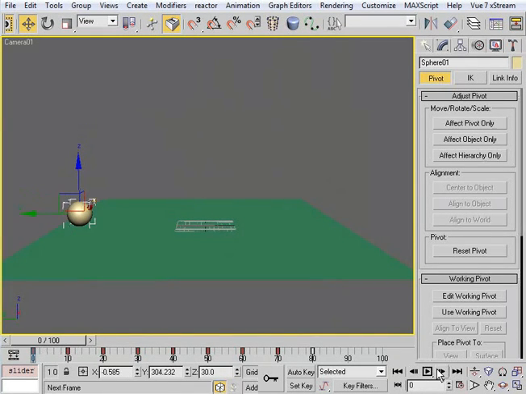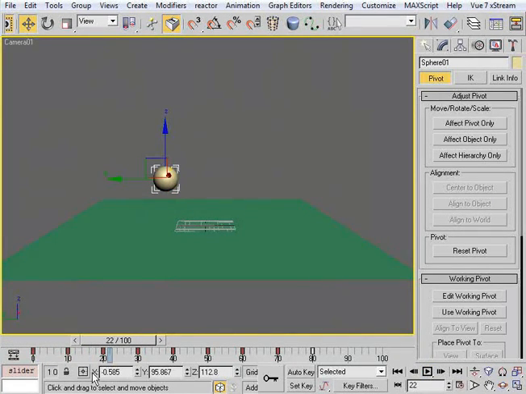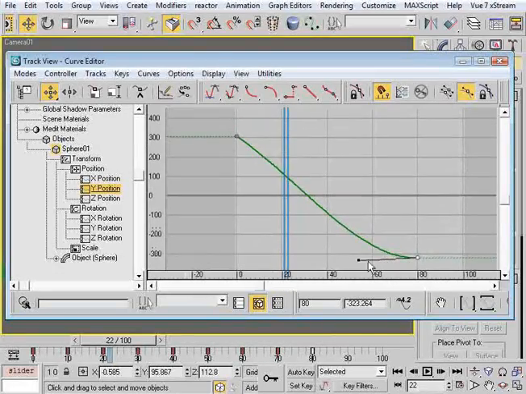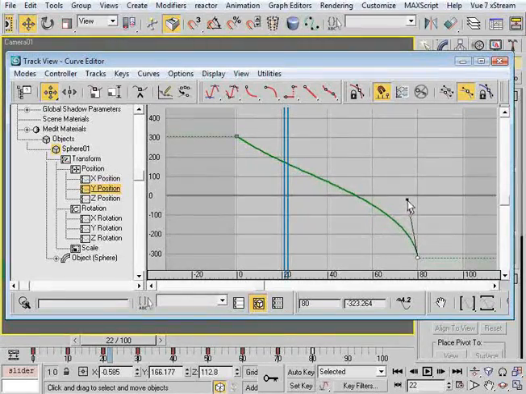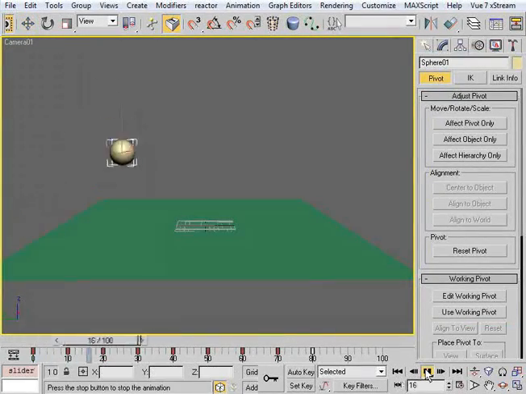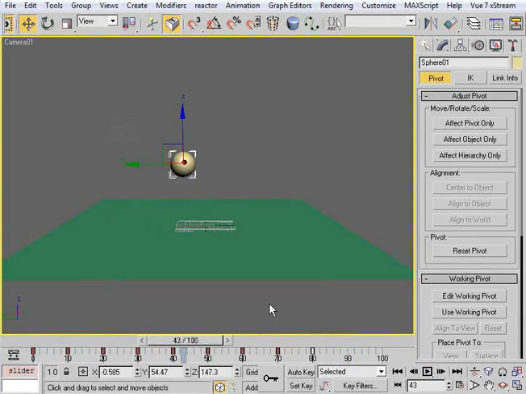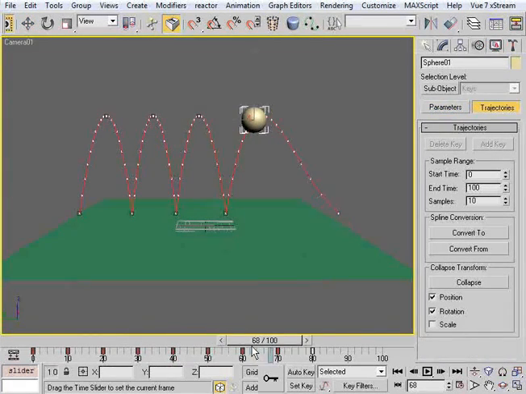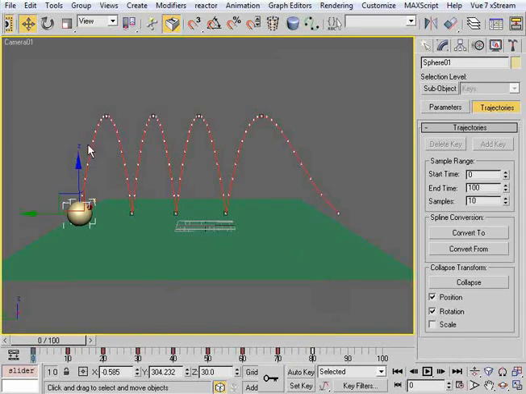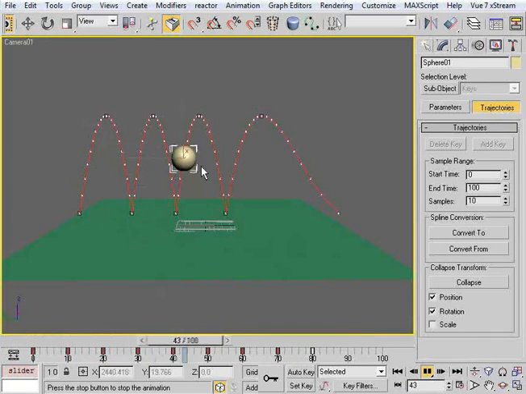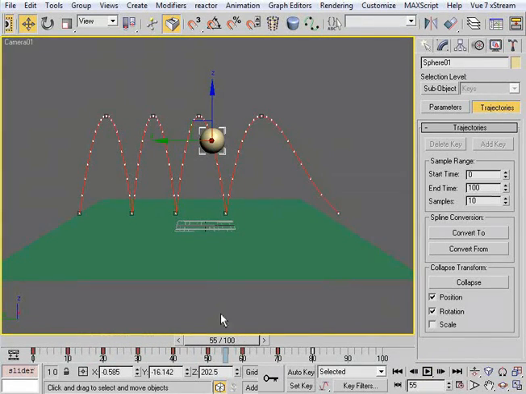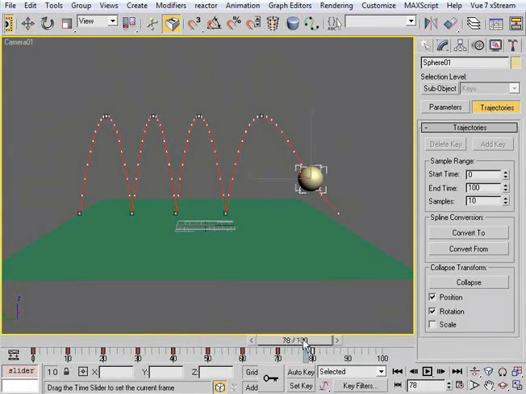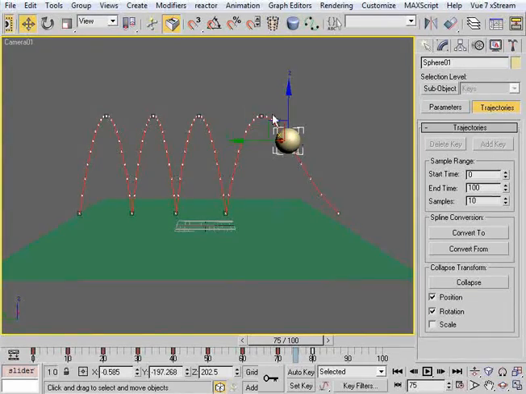Okay, so pretty clean. Again, we could have it go this way. But as we can see, if we do something like that and we come to our motion panel and turn our trajectories on, we can see how we have him hanging around here, and then he quickly pops over here. We can see that our trajectories are showing us that we've got some issues with that. Well, here's where I can see what's going on,